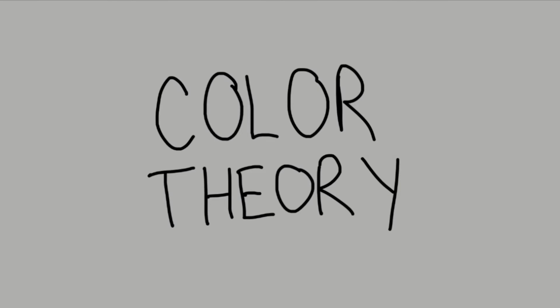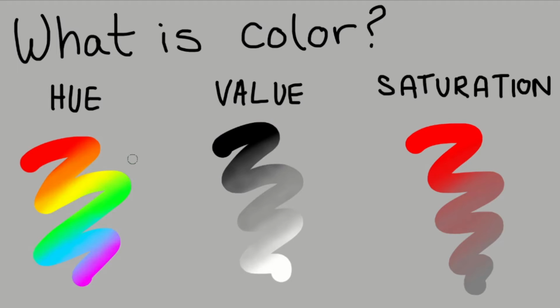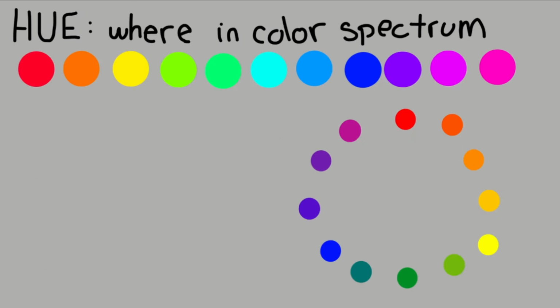Welcome to today's video. Today we are going to be talking about color theory, because I really like colors. What is a color? There are three things that make up color, being hue, value, and saturation. Hue is where it falls on the color spectrum or the color wheel, basically what the name is, so red,